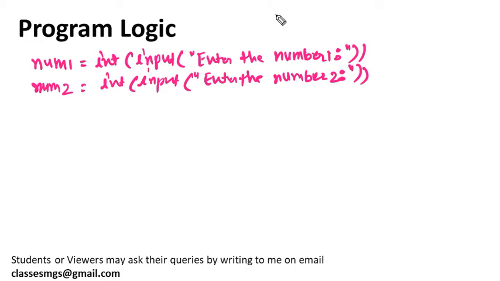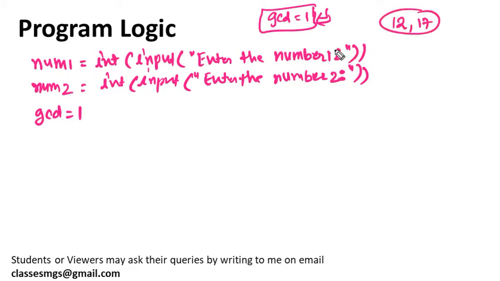Now, GCD of any two numbers will always be at least 1. 1 is always a common divisor, the GCD being the greatest common divisor. We will by default assume that GCD will be 1, because for any two numbers the GCD will be 1 at minimum. If the numbers are like 12 and 17, there is no common divisor for both these numbers other than 1. So GCD will be 1. If you get two numbers and any one number is a prime number, then in that case GCD will be 1. So we will always assume that GCD is 1.